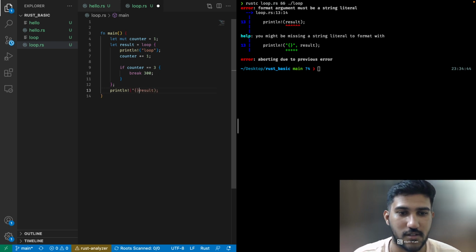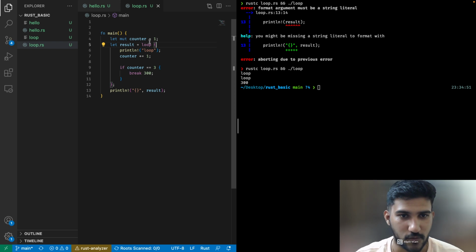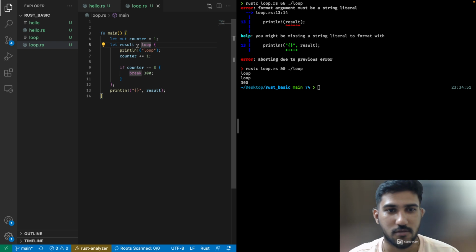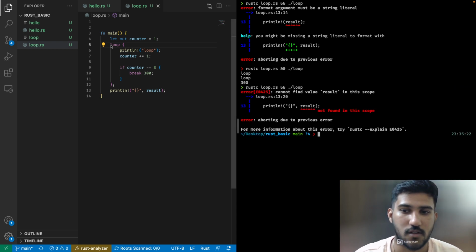I mean, this is weird. When printing this, we have the break. So we do have a loop, and it's actually quite nice because this being a compiled language, we do have some restrictions. Because if we remove this part, the loop goes through the block, and when we are breaking the loop, we can actually return something. And let's say we are returning here and saying break x, we have to receive that. So if we don't receive this, it is going to throw an error because we are